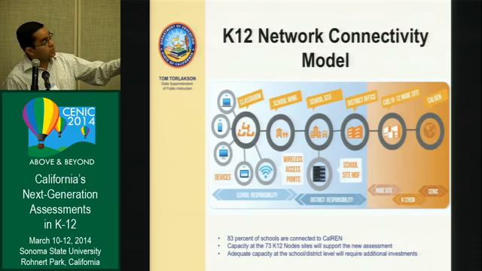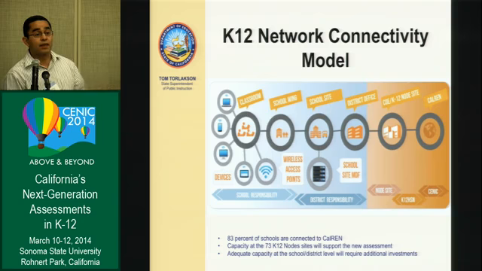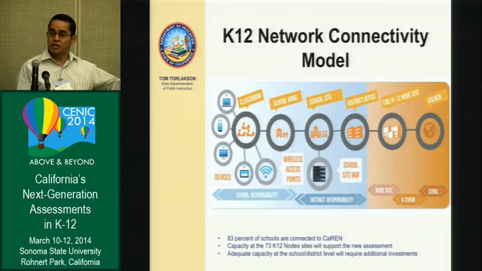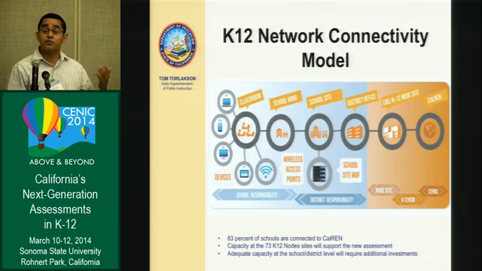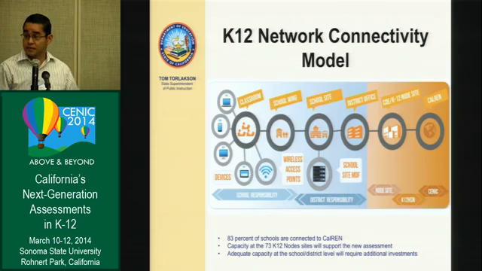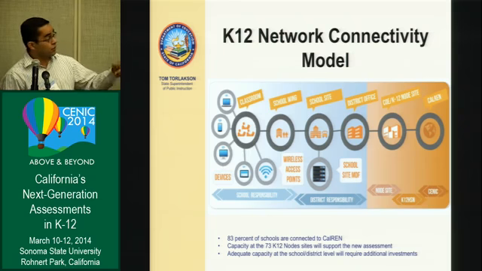From the school site to the district office, from the district office to a county office or a K12 node site, and then from the node site into the CalREN backbone. So as you can see, there are a lot of layers to the communication as you move forward, and the network is really only as good as the weakest link. So in California, where we're going to have a lot of the challenges is right here, in the last mile and to the school, the connection from the district to the school, and in most cases as well, the district office to the county office.